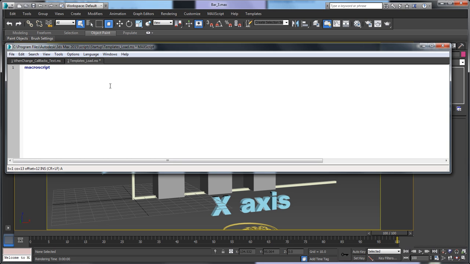And we need to give it a name that is code friendly, which means no spaces, no special characters. So I'll call that templates underscore. We're doing a bars, so I'm going to say bars, and we're doing a bars 3, so I'm going to call that 3. So templates_bars_3, which is an easy way to find where this macro script is. We need to put it in a category,